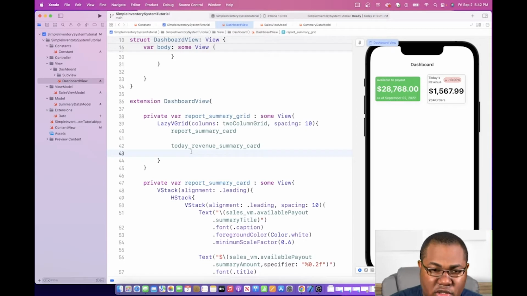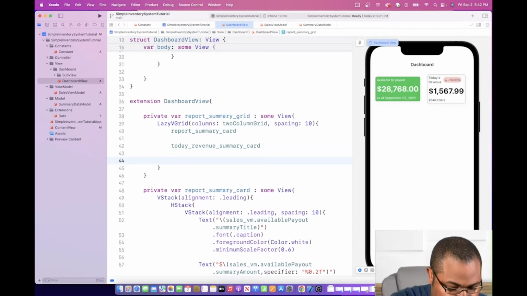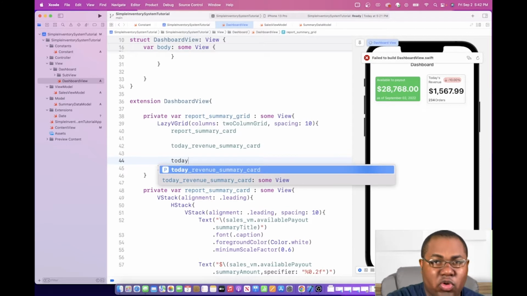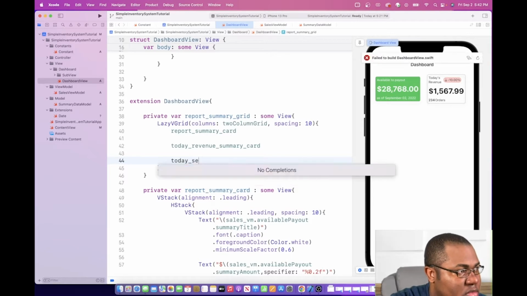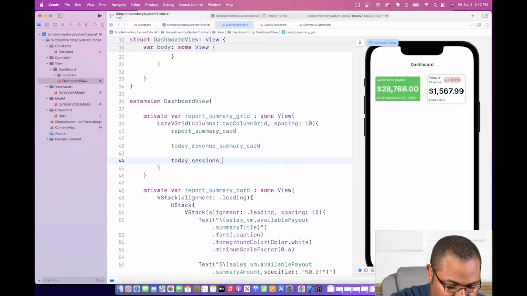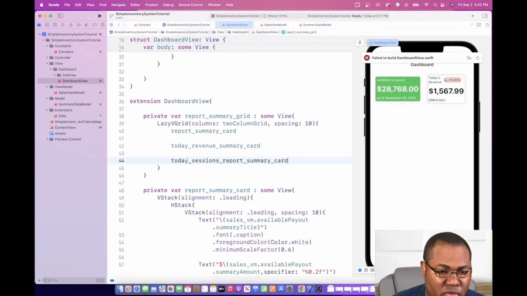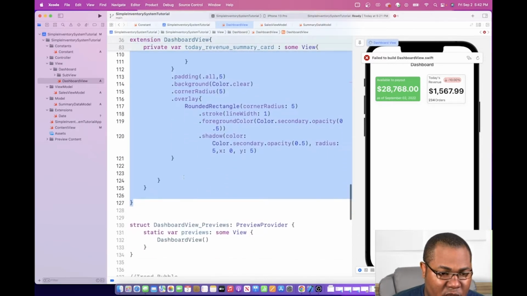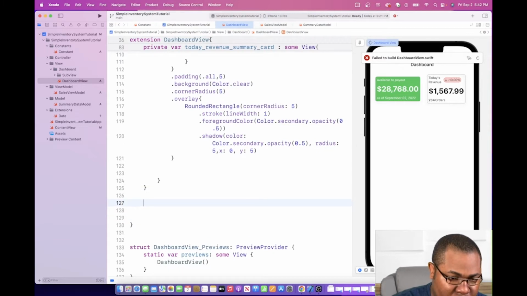So this section, we're going to call it today's. We're going to create inside of extension a subview just to break up the project a little bit. Okay, so it will be today sessions report summary card. So we'll copy this and we'll find some space within the extension